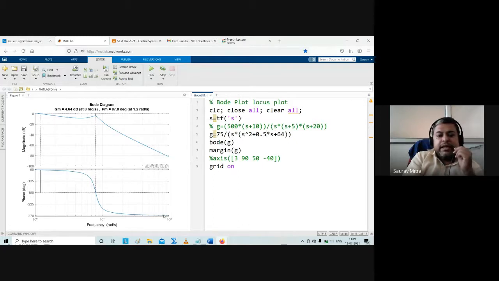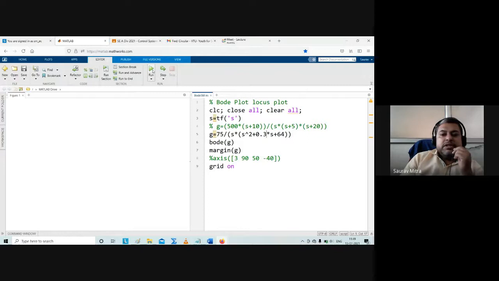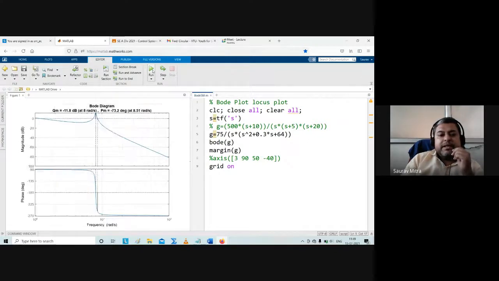You can find that as omega goes to infinity, the phase becomes minus 270 or something. And I am reducing this zeta further. So make it 0.3. And just see, this will be more notchy. So this is exactly what the reduction of zeta does to your system. If you are reducing zeta, the second term, the coefficient of s, that is 2 zeta omega n. Omega n is constant. So I have made zeta.